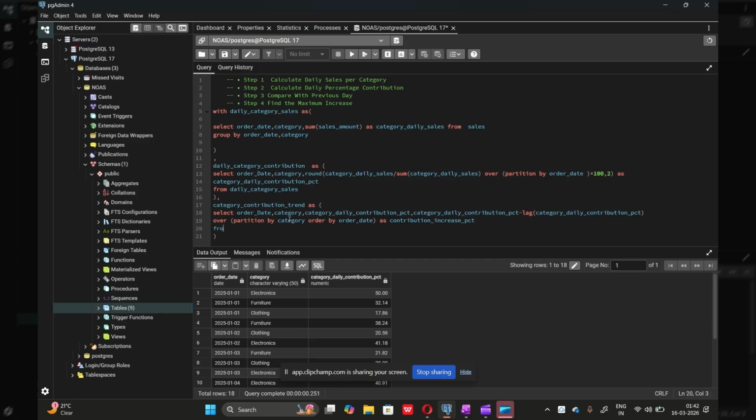And I will take this data from the CTE which we created earlier, that is daily category contribution,